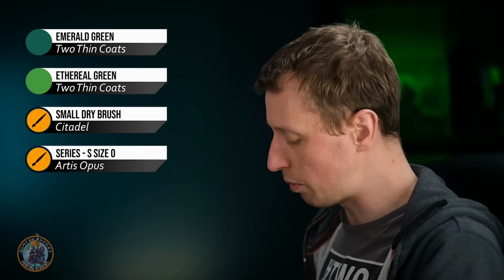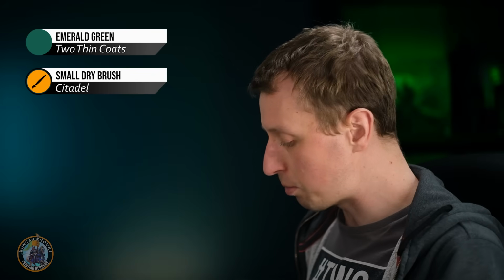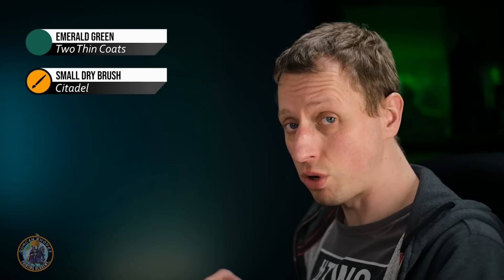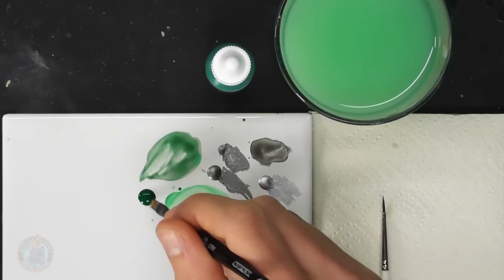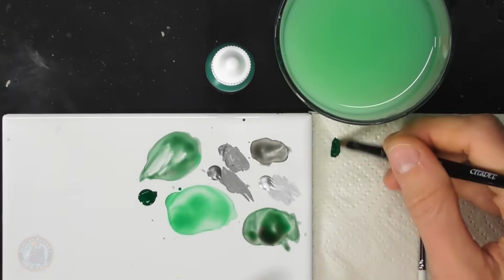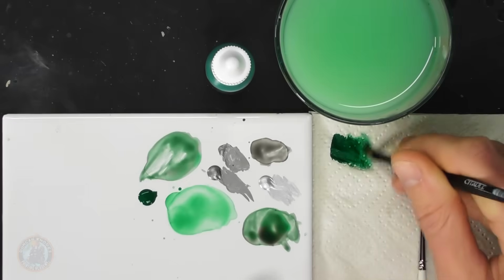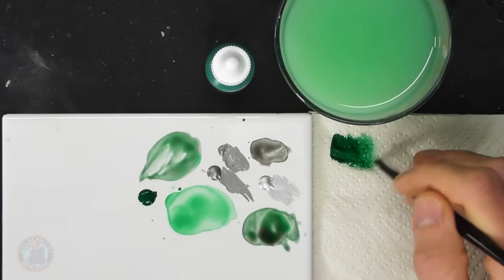So I've got 2 brushes here ready for it. I've got a small dry brush from Citadel, and I've also got my size 0 brush, which I'll be switching to in a second. But with emerald green, what we want to do is make sure we start out by dry brushing it with the small dry brush. So here we go, small dry brush from Citadel. Just need a small amount of this on the tip of the bristles, then get some tissue and use it to work the paint into the brush whilst also removing the excess. Now carry on until you're down to about this sort of point just here, and then you're ready to start